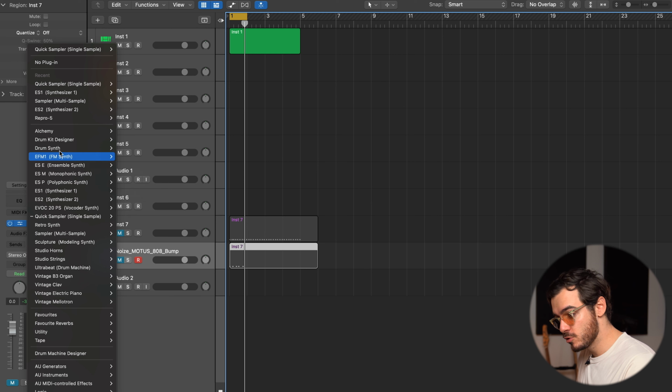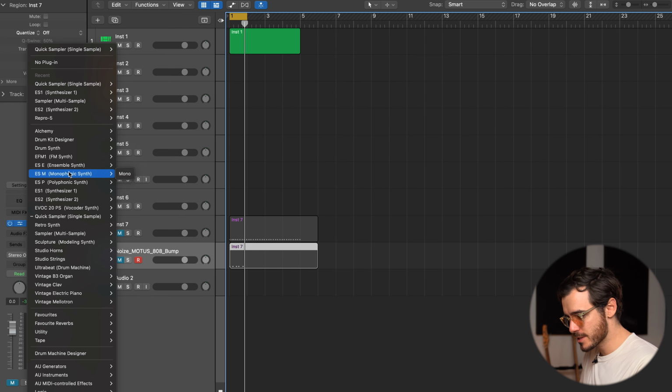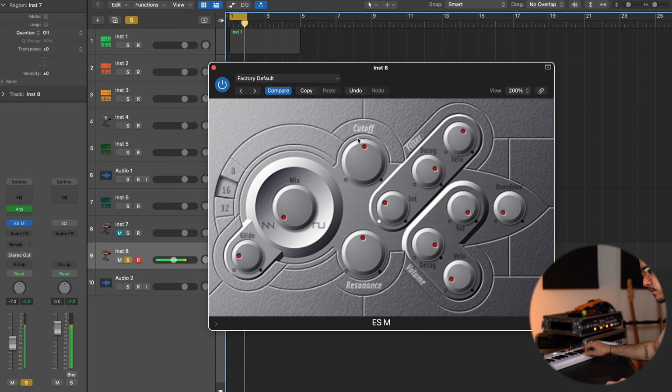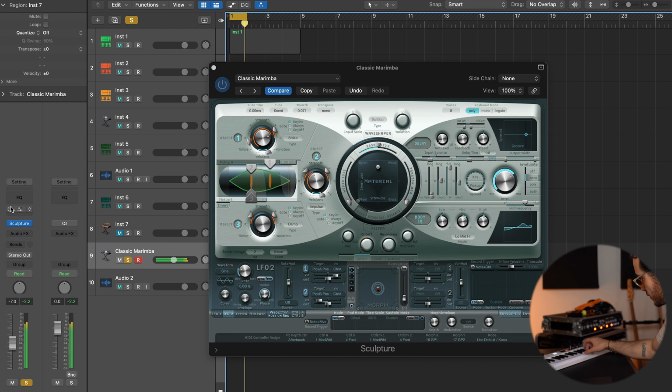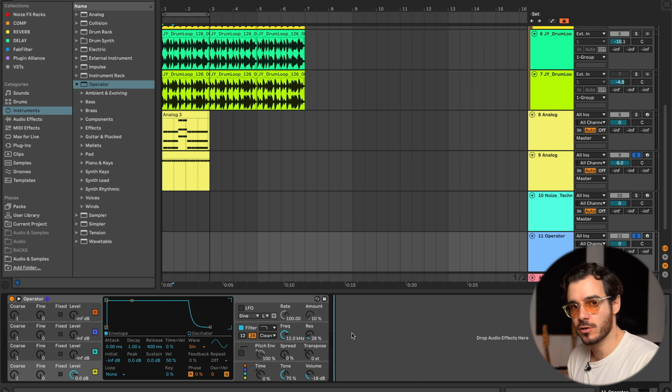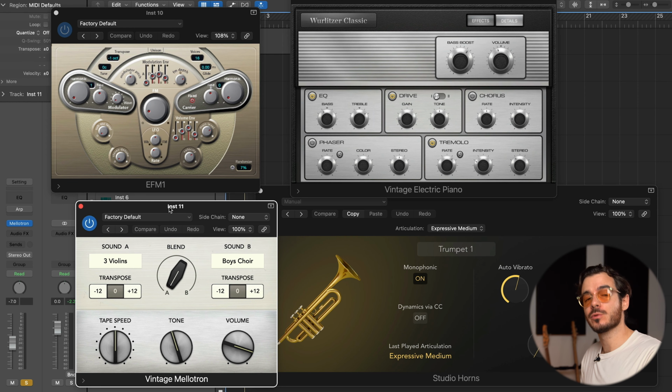On the other hand, in Logic, you do have a huge selection, but some of these synths have been carried on from Logic 9, maybe even Logic 8, and you can just tell by looking at them that the design is really old. However, they do sound very good. So on that front, Ableton has got a great selection of synths and instruments, which looks slightly less inspiring if I'm being honest, whereas Logic has a huge range, old and new, which also sound fantastic.